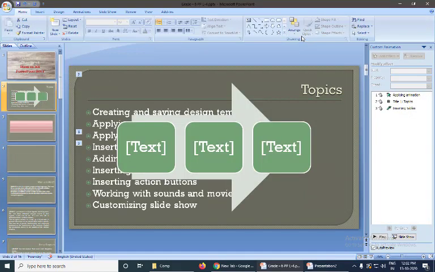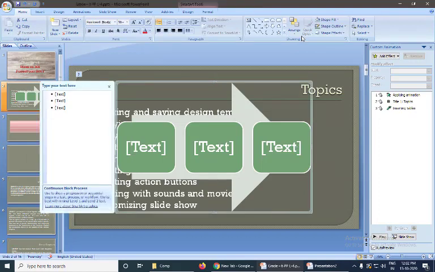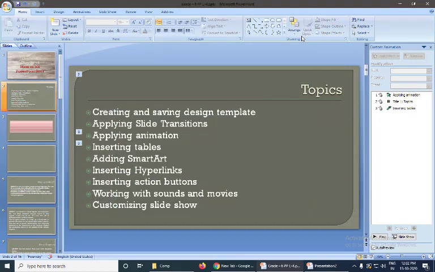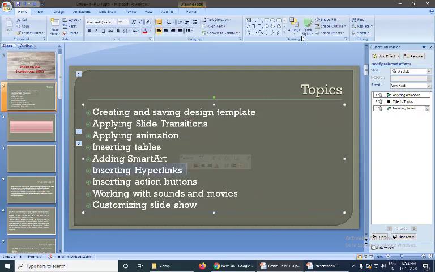So next we have is, I'll delete this. Next we have is inserting hyperlinks. So hyperlink is what? For example, you have a text already given in your slide. So for example, when you use internet, any information when you open, you will find the text highlighted with blue color. So when you click on that, it will take you to the next page. So for this text only, I add the hyperlink, inserting hyperlinks.